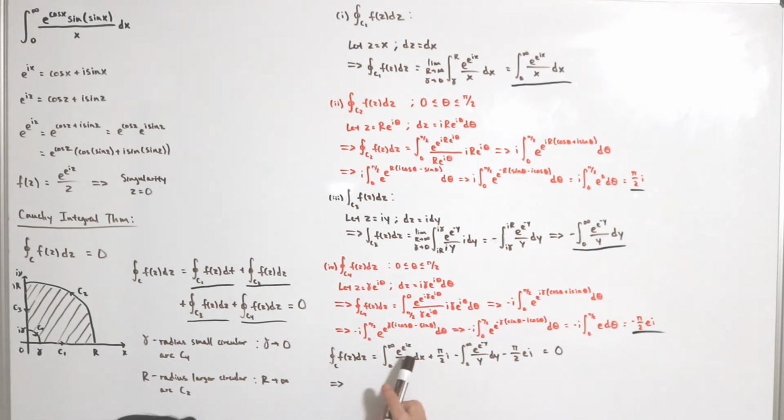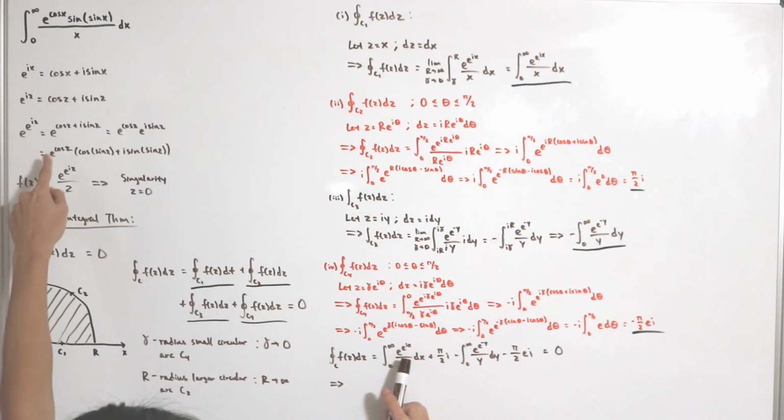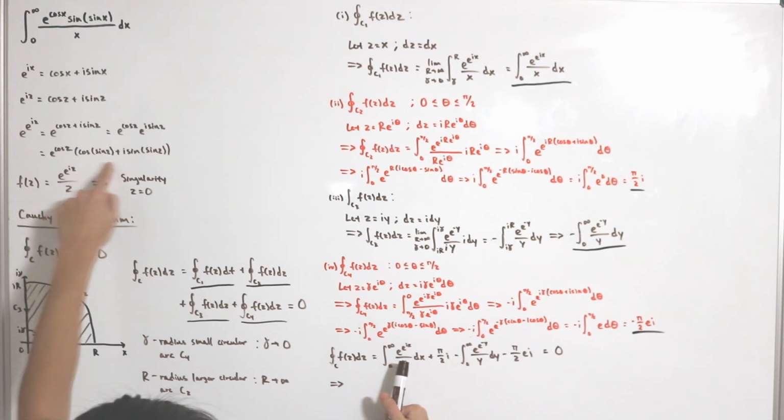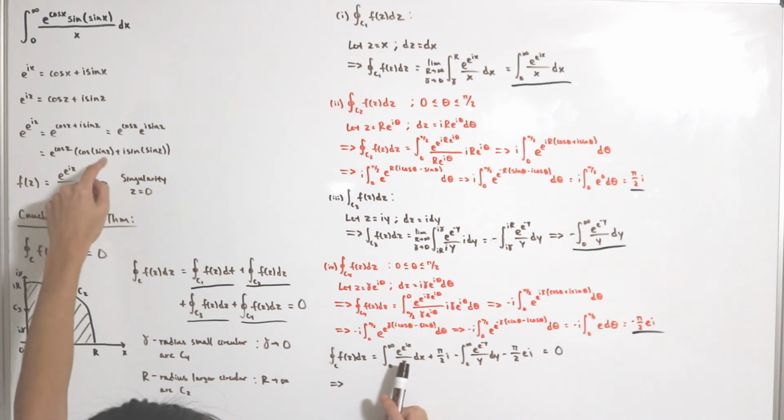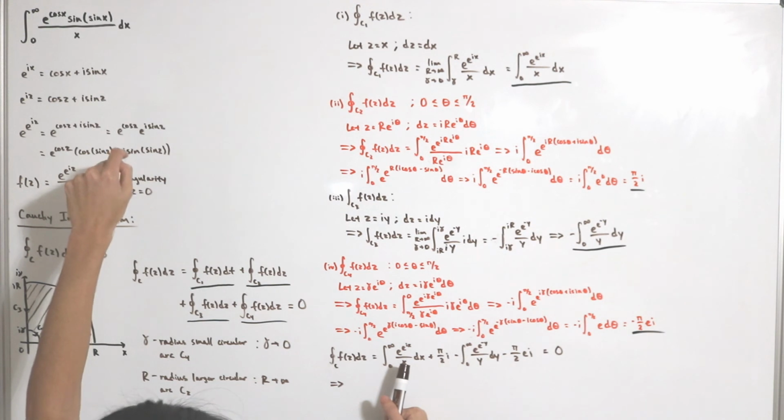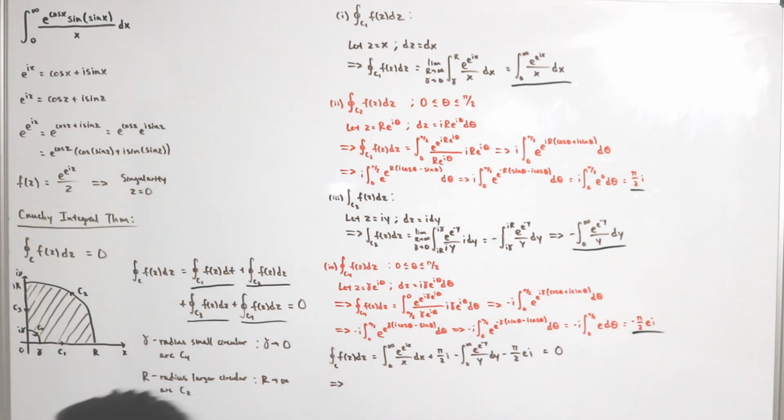What I'm going to do now is replace this power e to the ix back with what we showed earlier, that it's the same thing as e to the cosine z multiplied by cosine of sine z plus i sine of sine z. So again, it's just me skipping some steps, but this means 0, infinity,